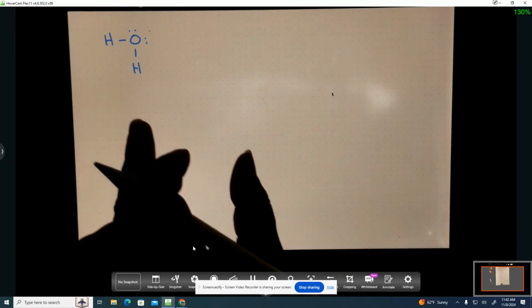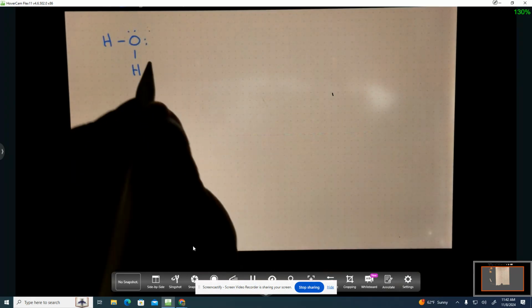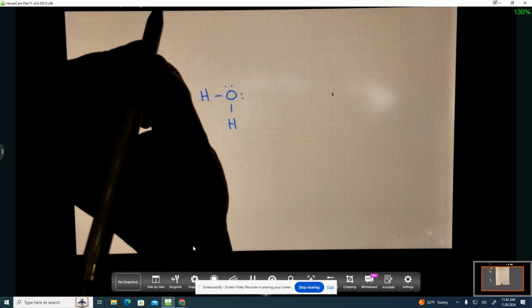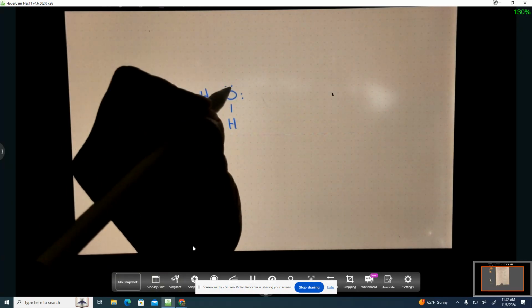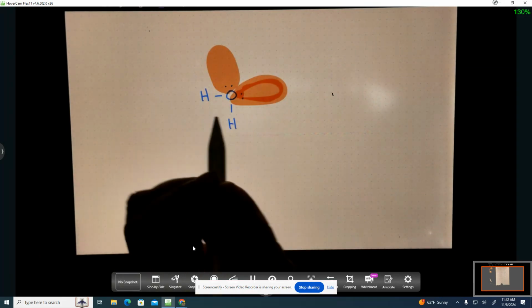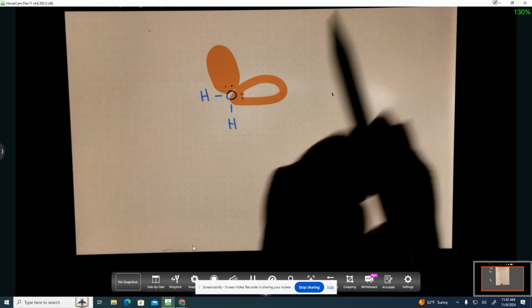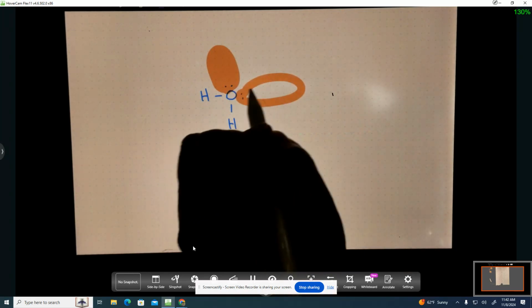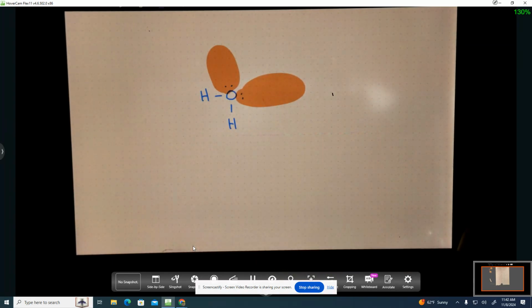There's your water molecule. Okay, see how they're no longer in a straight line? The reason why they are not in a straight line is because these non-bonding pairs of electrons, this non-bonding pair right here and this non-bonding pair right here, are taking up room. They are pushing these 2 hydrogens next to each other. So what they're doing